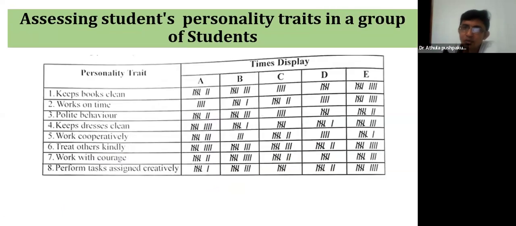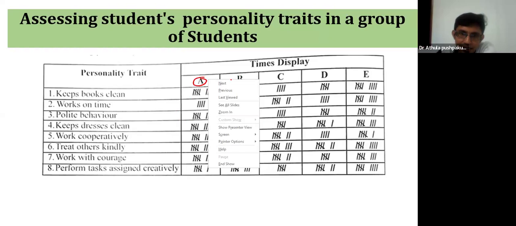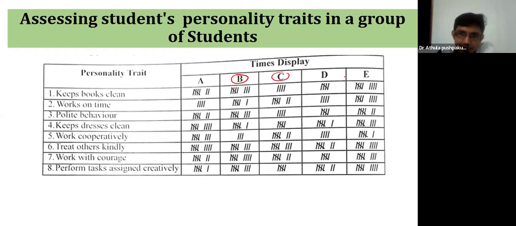In a group of students means there are a few students here, A, B, C, D, E, like five, a group. Keep books clean